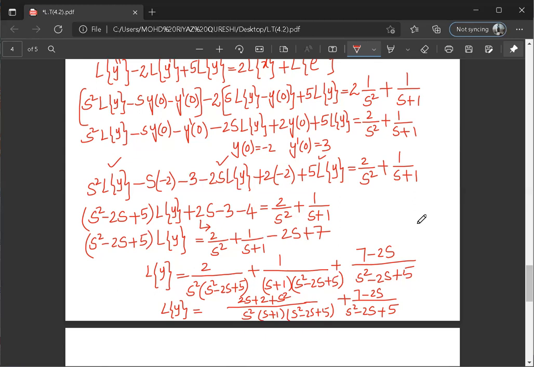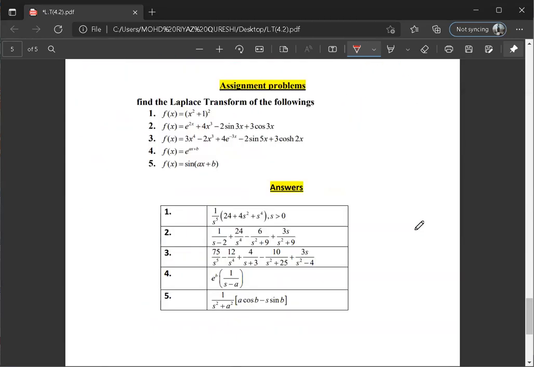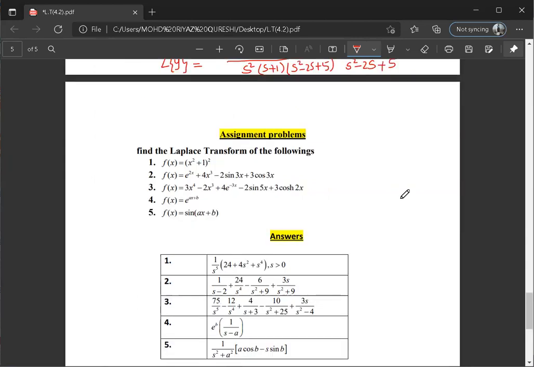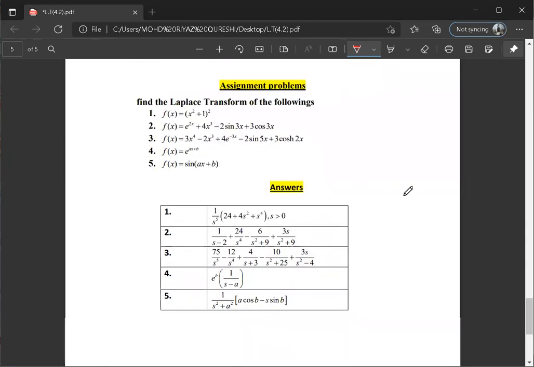So we can move on. Next, just assignment questions are there. After that, we have 4.3, but I'm not going to explain 4.3 in tomorrow's class because you already just have to revise the formulas. I'll explain the assignment questions today, and I'll give you some hint how to do it.